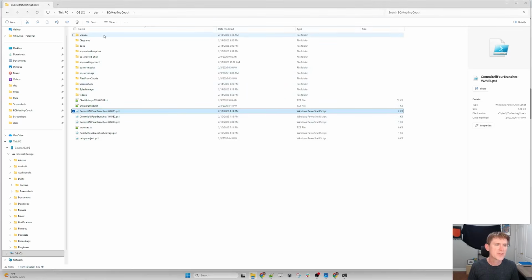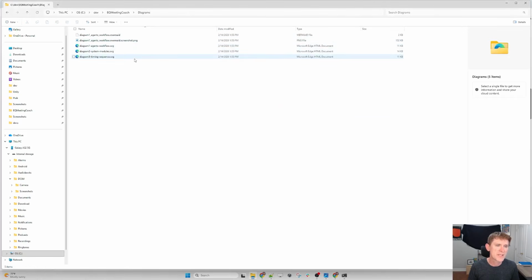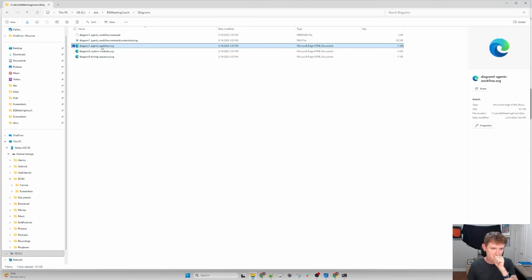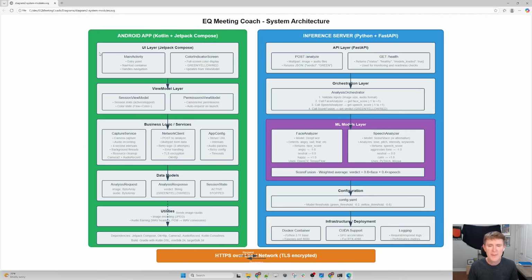I think the last thing I'm going to show you is the actual system diagram so you can see what that looks like. So here's the system that it built, with 4 agents. The Android app is the one capturing the video and the audio. And you can see it has a UI layer, a view model layer. It's got business logic in here. It's talking to the client and it pushes through standard protocol to the backend server. And then it has some utilities because it's dealing with images and waves, audio files and that kind of stuff.